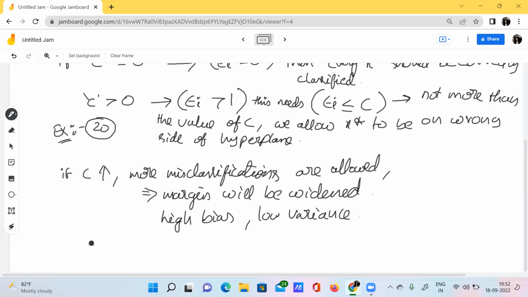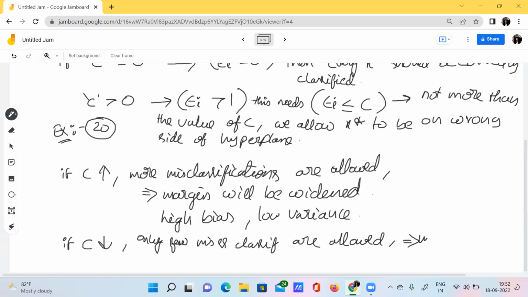And what if C decreases? If C decreases, then what happens? Only few misclassifications are allowed.